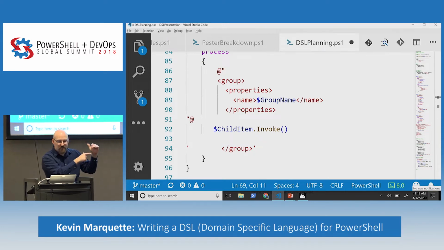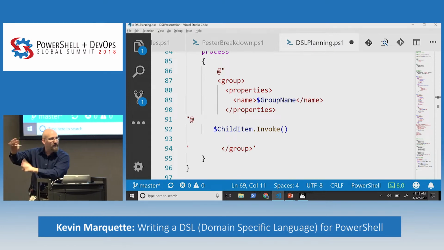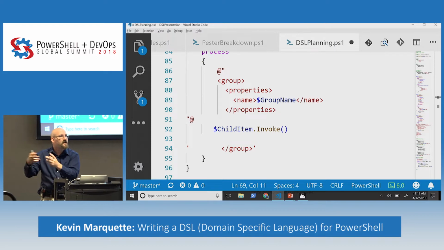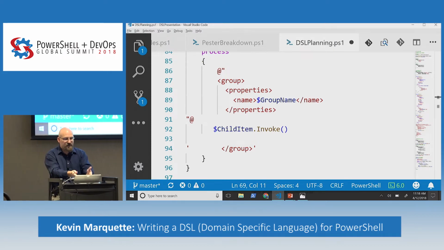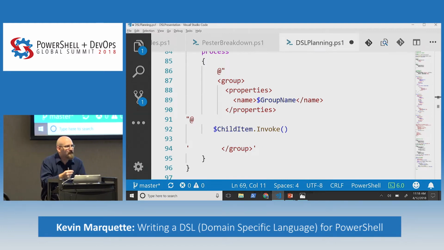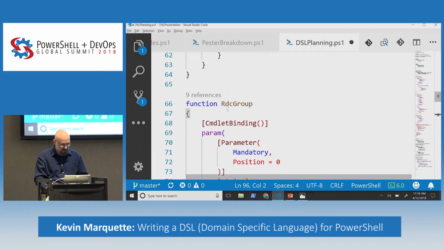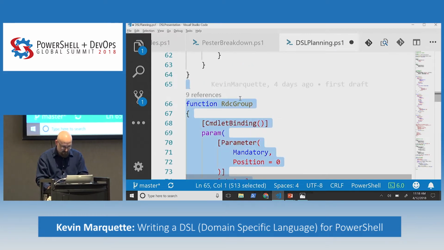I inject my value, toss it in the pipe, and then I go to my script block and just say invoke the script block. Whatever's inside the script block, we're going to run that because there are other commands in there that need to execute and run. And in this case, this command doesn't care what happens, and you're just going to toss it on the pipe as well. So somebody else upstream is going to handle this. And in a way, I've just got this giant string builder, right? When you really break it down, I'm building just giant strings. So let's load this guy up as well. And